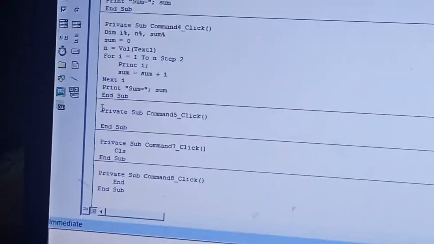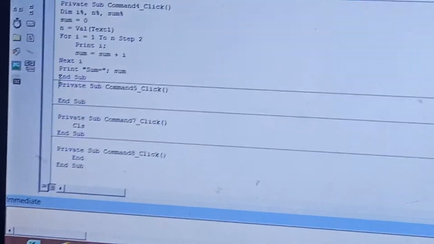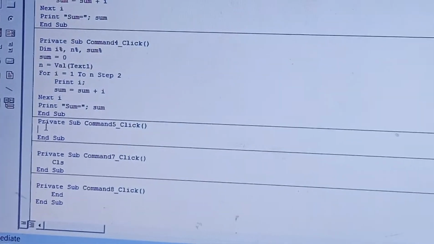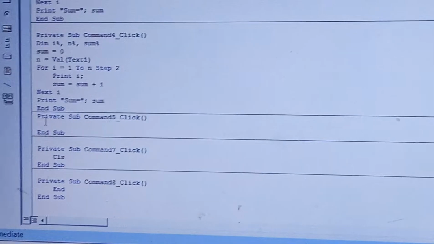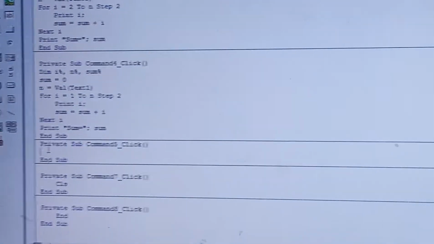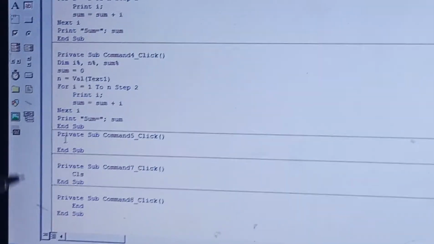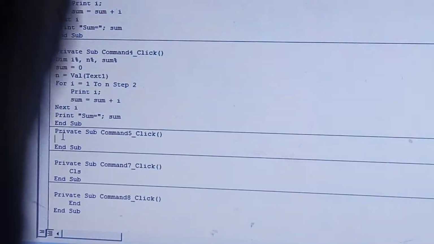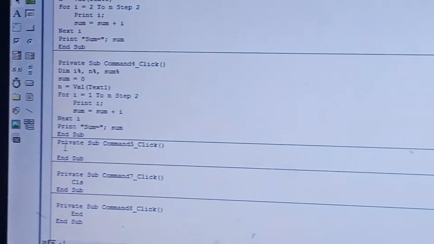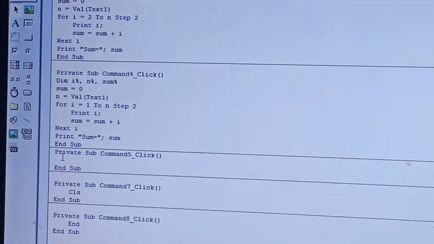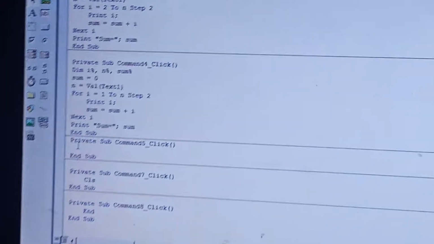Now it's important for us to understand what is factorial. Now listen, when I say sum, I know that I have to add. Now factorial means multiply. That's the difference between addition and factorial. So if I say that I have to find the factorial of 5, it means I have to multiply all the numbers from 1 to 5. In factorial, I have to start multiplying from 1. So if I say I have to find out 10 factorial, it means I have to multiply from 1 to 10. Okay, so let me write the code for this.